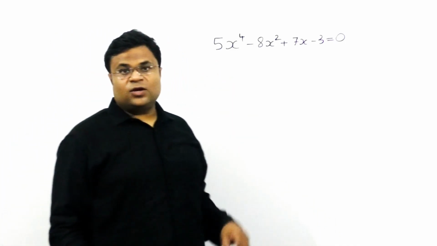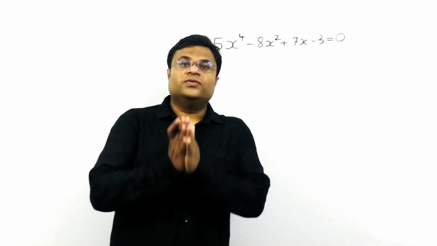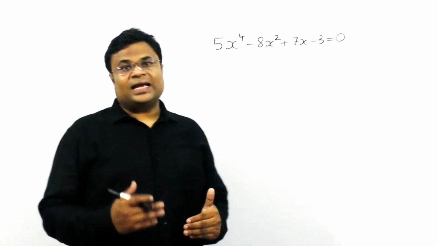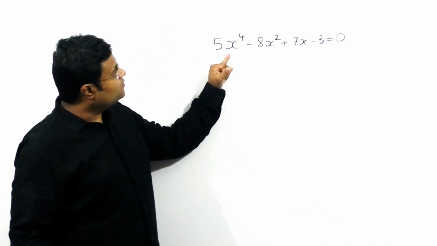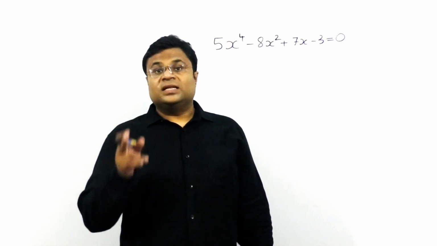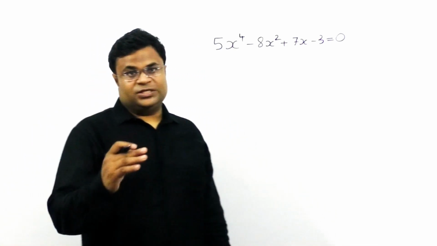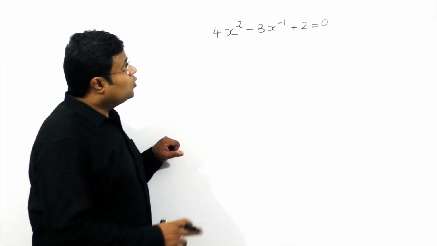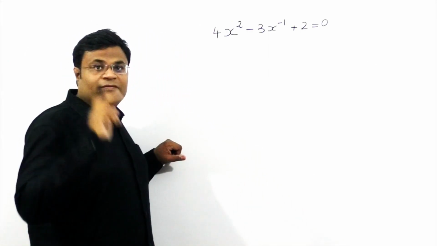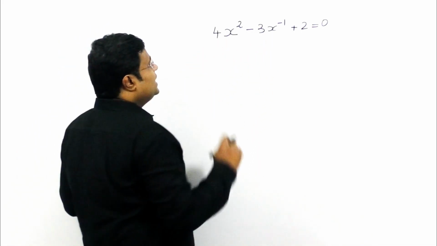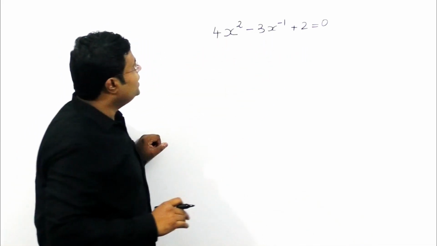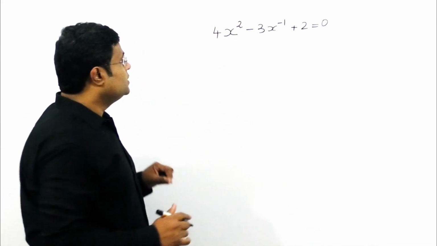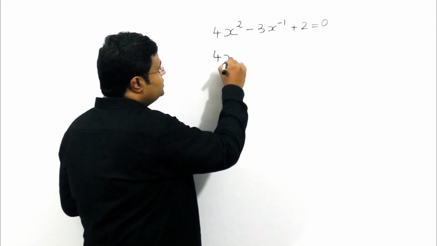For instance, this equation will be violating rule 1, that is, the highest power of x should not exceed 2. Here we have a term which is of degree 4. Therefore, this is not a quadratic equation. Okay, now let's see what happens when the power of x is negative. This looks pretty simple, as you have the highest power of x as 2. But wait, now when we try to simplify this,